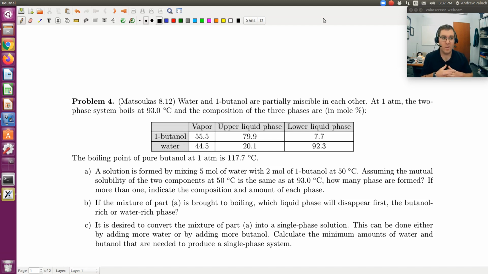A, B, and C. So even before looking at A, B, and C, the first thing I'm going to do is sketch a phase diagram, right? It'll sound like a broken record, but I can't